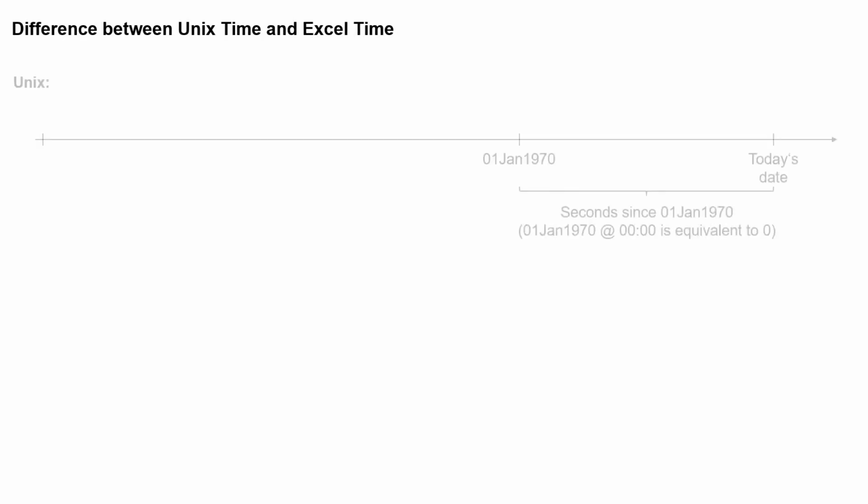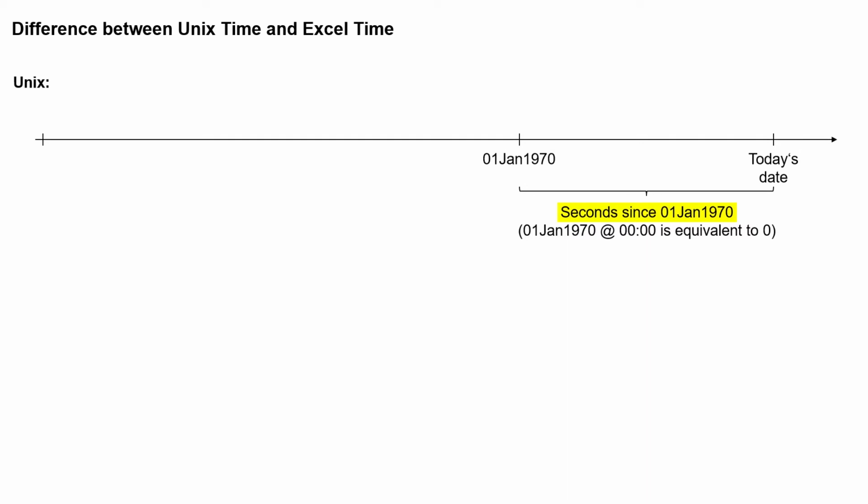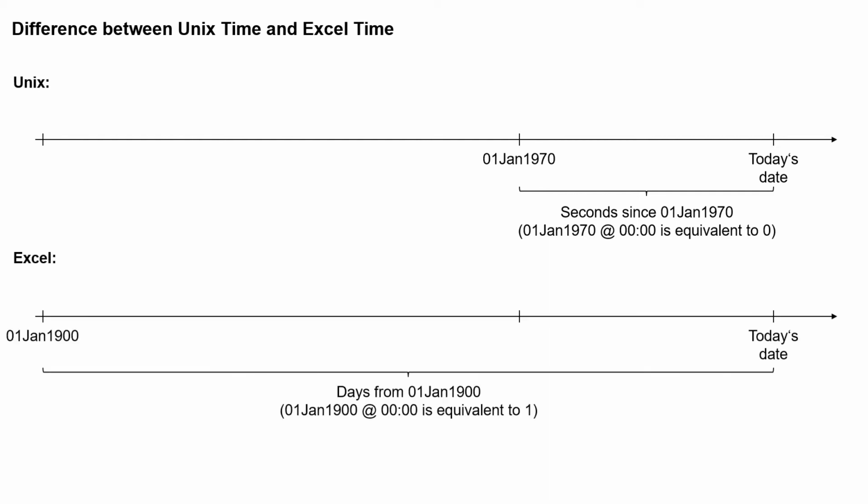Unix time represents the number of seconds since 1st of January 1970. Excel, however, uses a different logic to store dates internally. Excel counts the number of days since the year 1900. To use a Unix timestamp in Excel, we need to convert it to the Excel logic. If you would like to learn more about Excel times and dates, I will provide a link to another Excel video. Let's examine the Unix timestamp